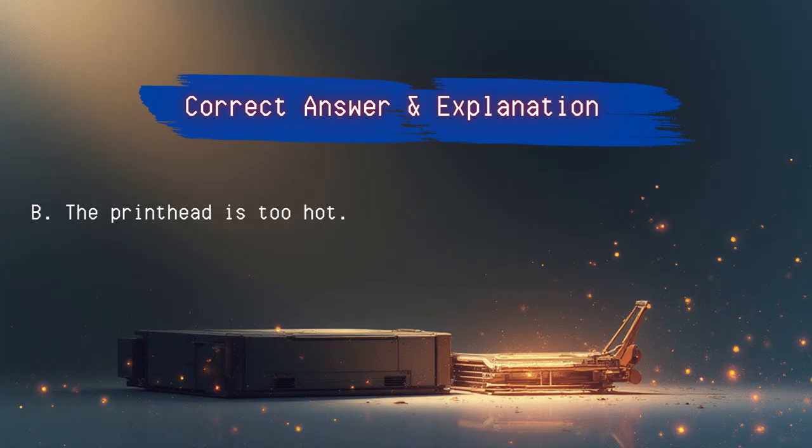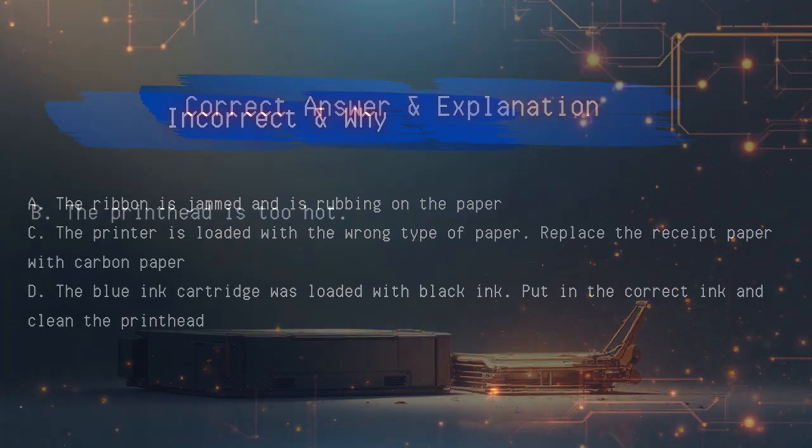If the receipts have black smudges across the image but the text is still present, it is likely due to excessive heat from the print head. In a thermal printer, if the print head temperature is set too high, it can cause the thermal paper to darken excessively, creating smudges and making the text difficult to read. Adjusting the print head temperature can resolve this issue by preventing over darkening.